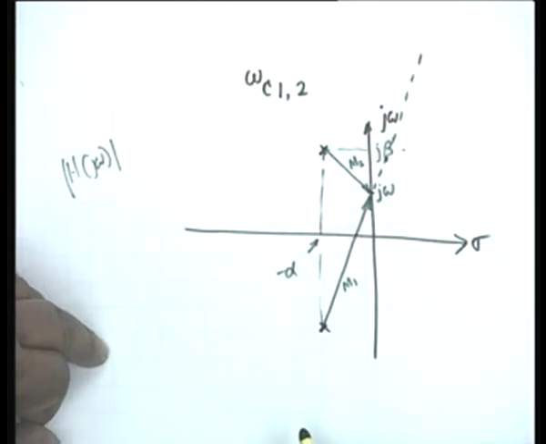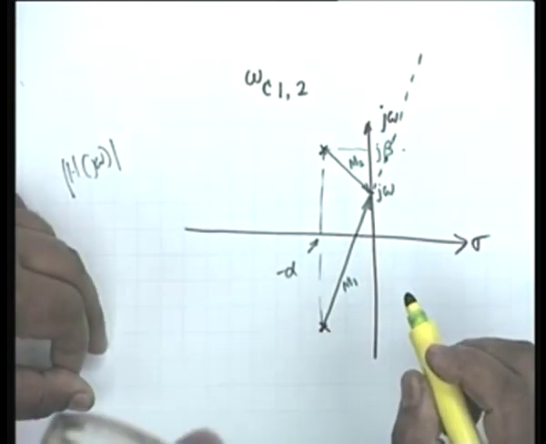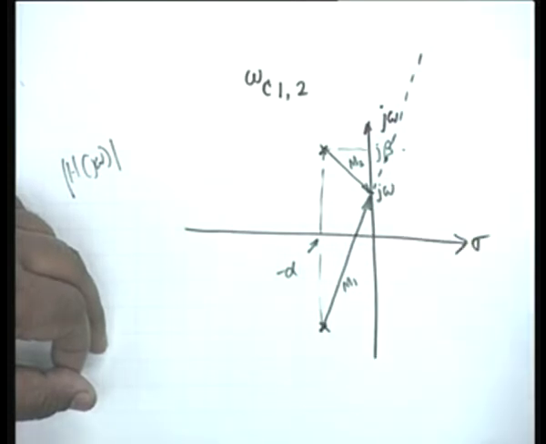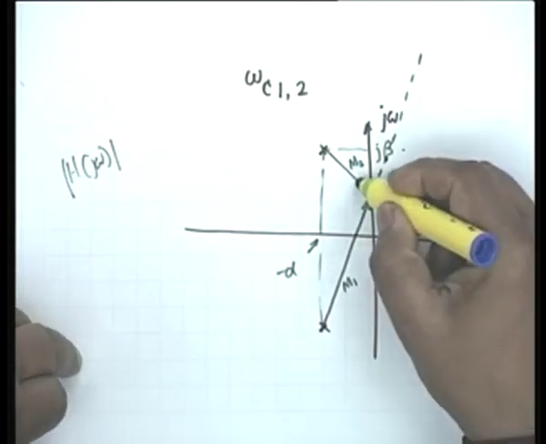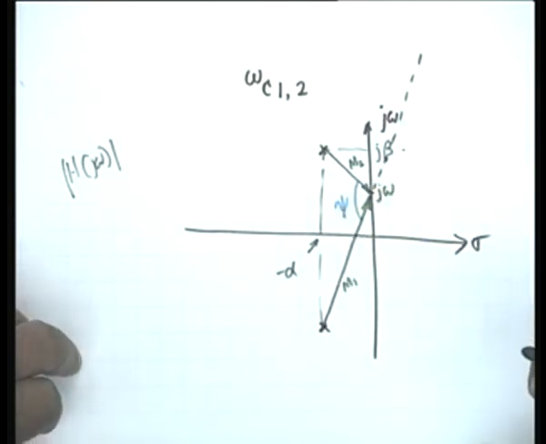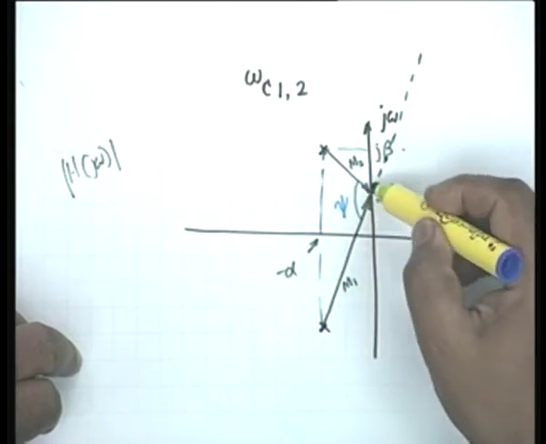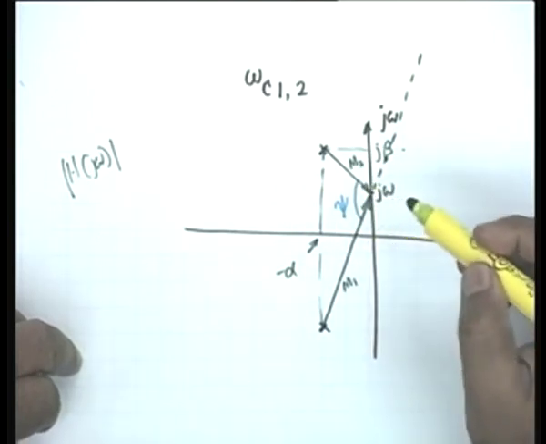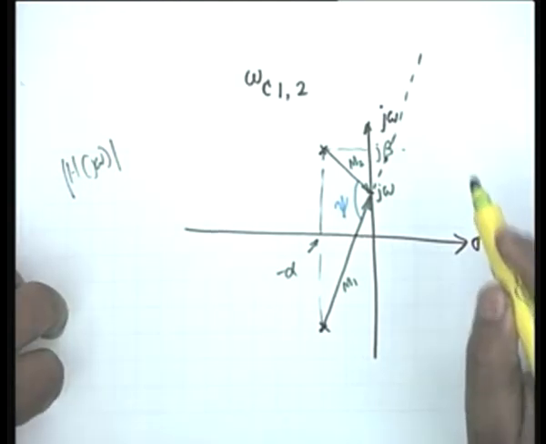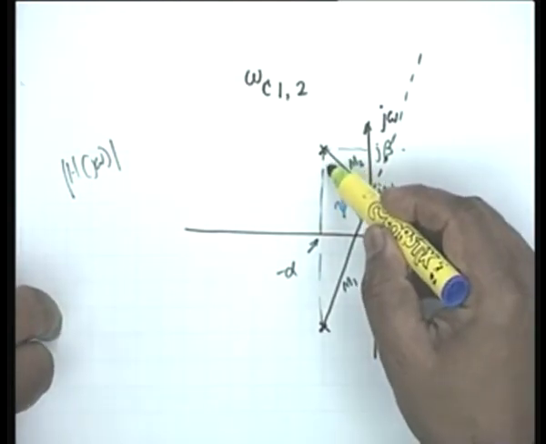For reasons to be made clear, let's extend m1. Let me use a different color. And let us call this angle psi, the angle between the 2 vectors. Just the magnitude, we don't care about the sign at the moment. Then the area of this